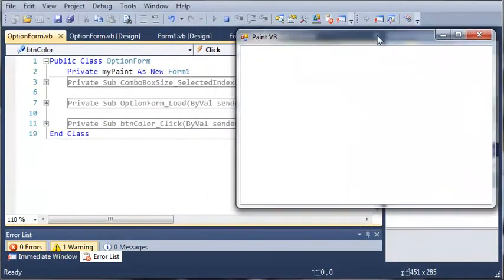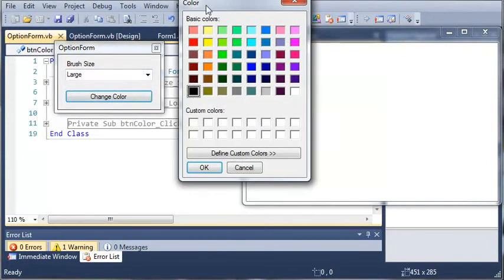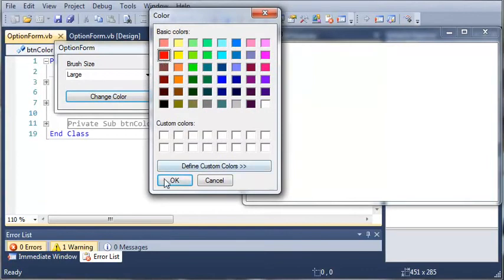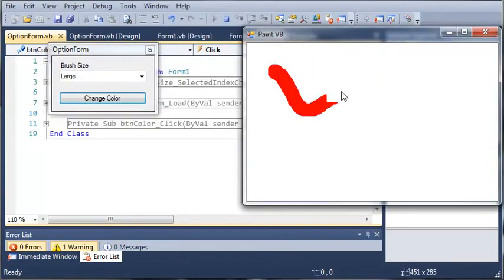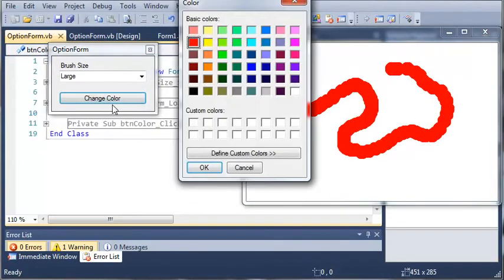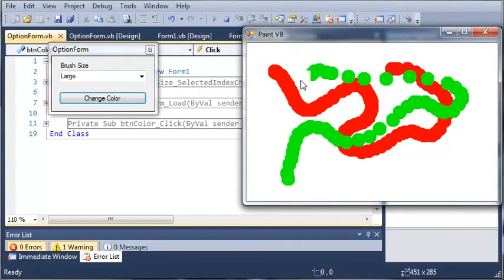You can see here we got Paint VB and our option form. So let's set the brush size to large, and now let's change the color. We'll make it red, and we'll click OK. And you can see when we start drawing, it gives us a red line. Now we can change the color again to lime green, and we can draw with that one too. So let's go ahead and close out of these,